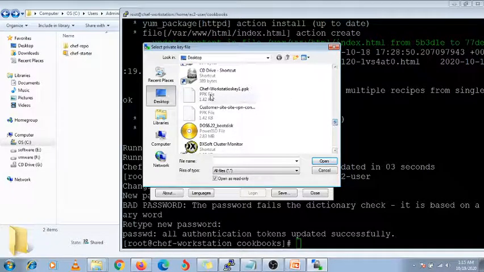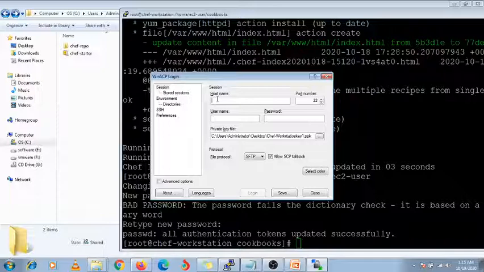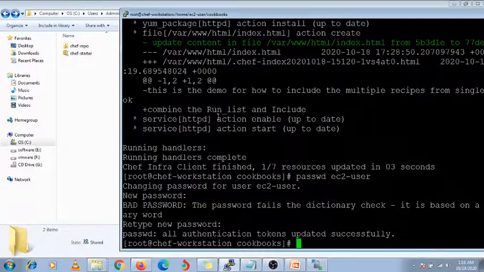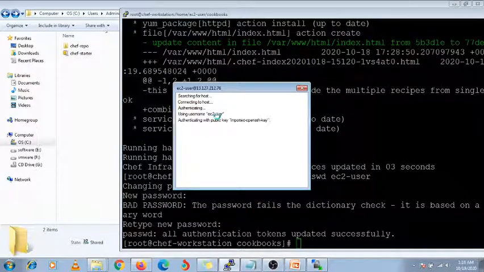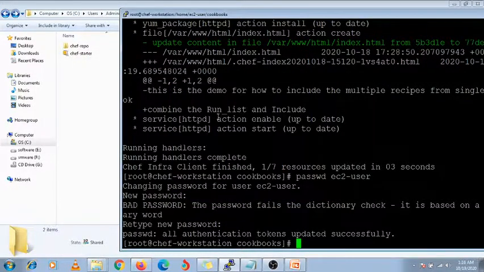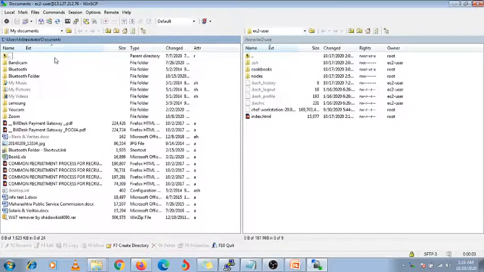Yeah, this is my ppk file. You need to paste it here. Paste your IP address. Username is ec2-user, and the password I set is temporal. Check it now. Yeah, it's fine. Now it's working.